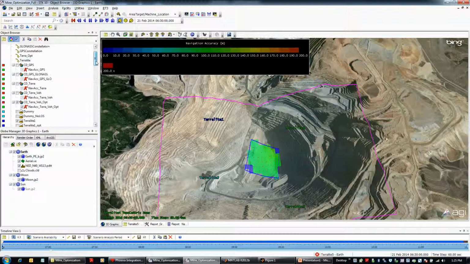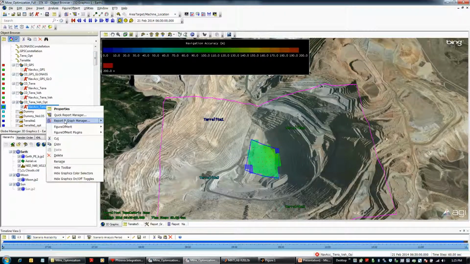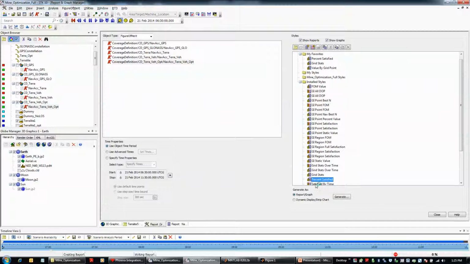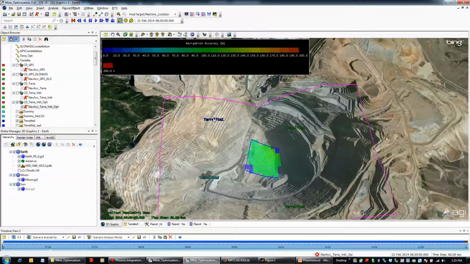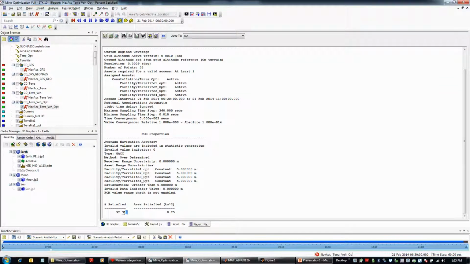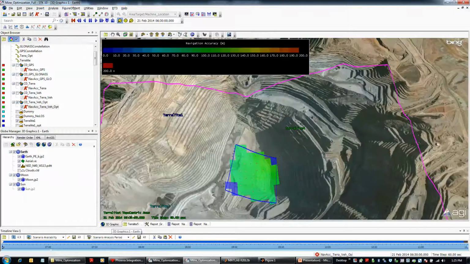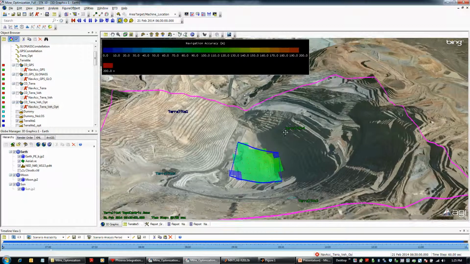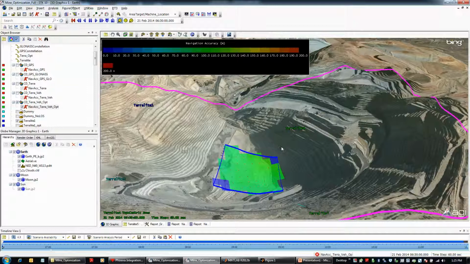But when I compute the percentage covered, you can see that even though the navigational accuracy is around 200 meters, there are certain regions which are missed out. That means only 92% of the area is covered. So this means that there are certain regions where the navigational accuracy is too low, or it doesn't have access to all the 4 terralites at all. So this may not hold good.